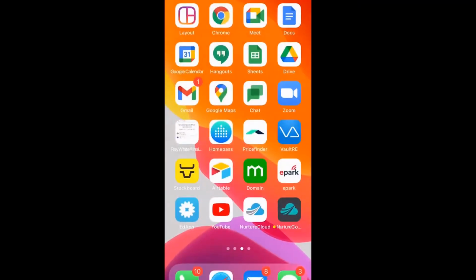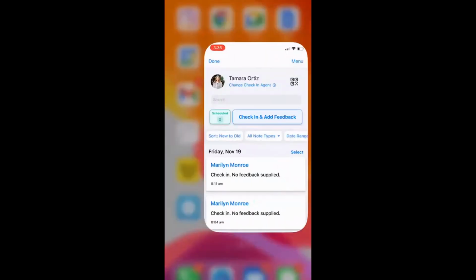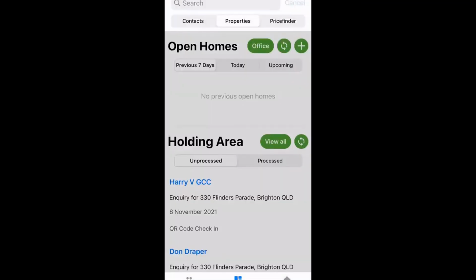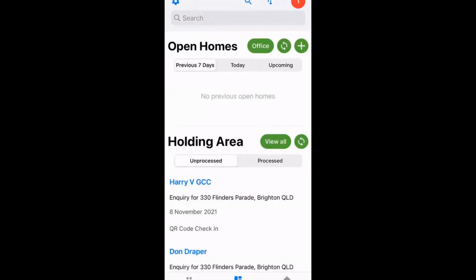We're up and running. So just sharing now some of the latest Vault updates within the app. So I'll be using the iOS version today, but most of these releases, or all of these releases, I should be saying, are available over in the Android version as well. So I'm just, sorry, jumping out. I was in a property earlier. I will jump into that property in a moment to demo some things, but on the dashboard, just wanting to very quickly point out, this one was